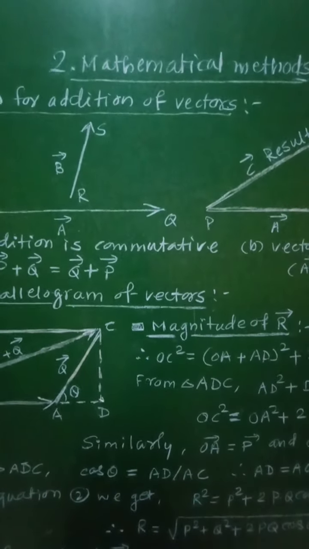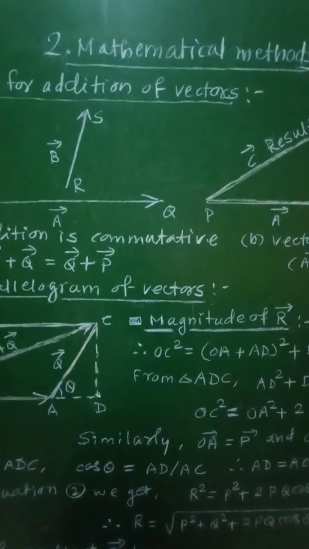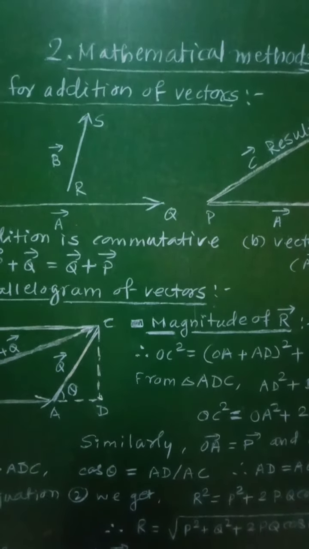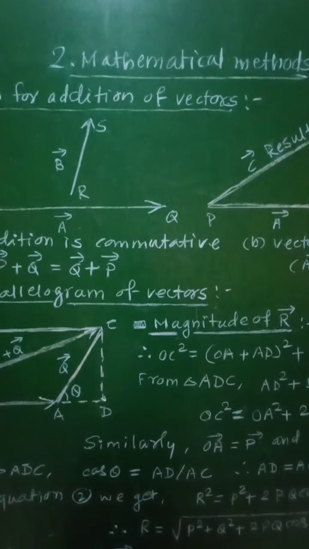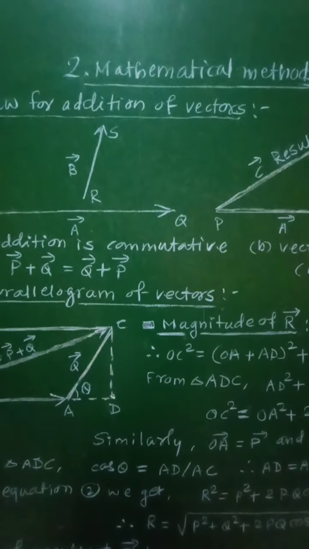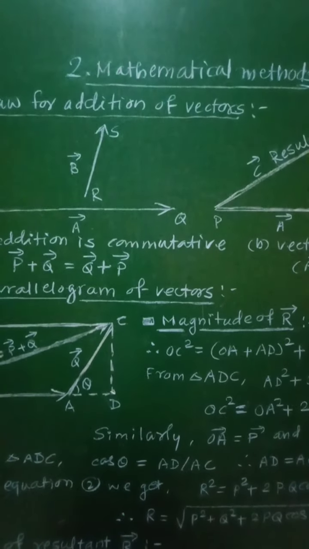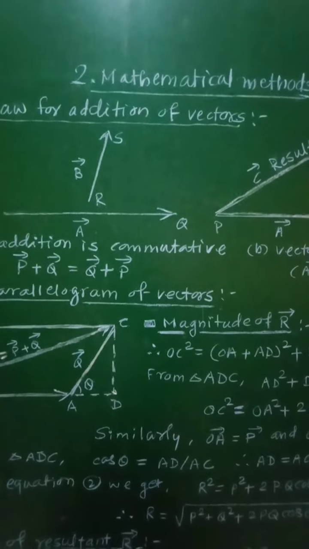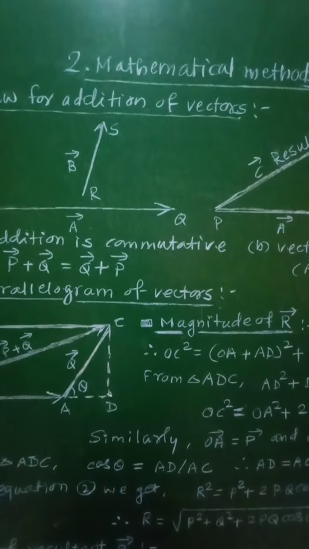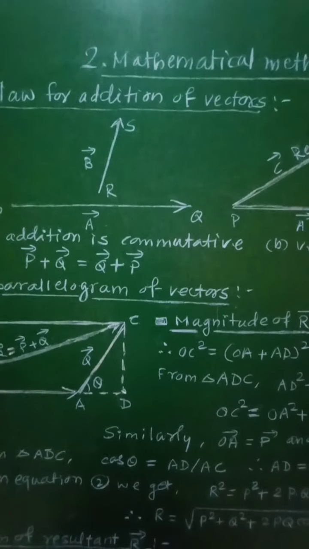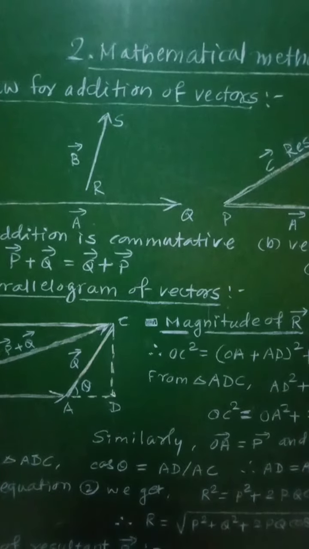If two vectors describing the same physical quantity are represented in magnitude and direction by two sides of a triangle taken in order, then their resultant is represented in magnitude and direction by the third side of the triangle drawn in the opposite sense, that is, from the starting point of the first vector to the end point of the